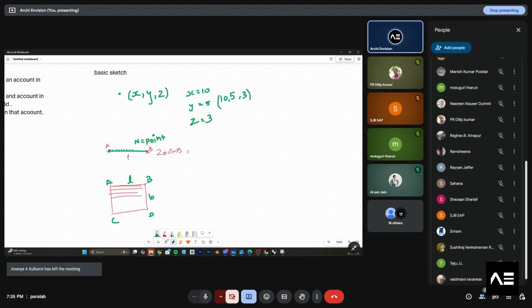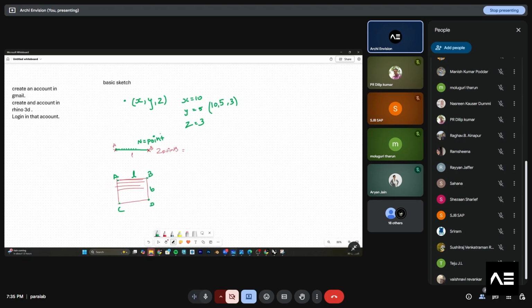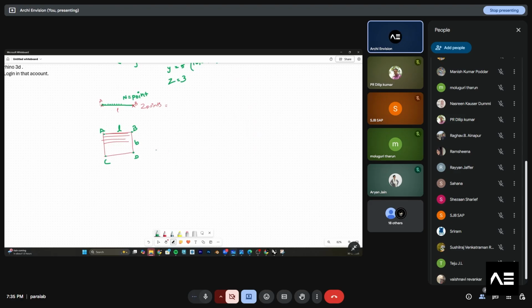This has 4 points, and a series of surfaces will make a 3D form like this. It will have length, breadth and height.